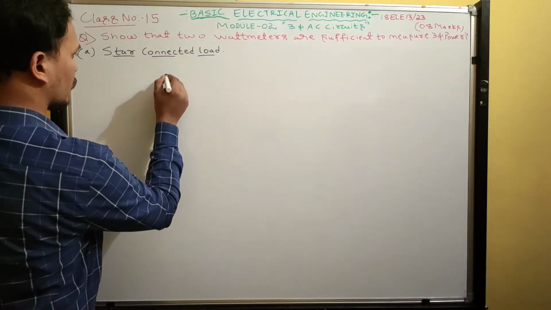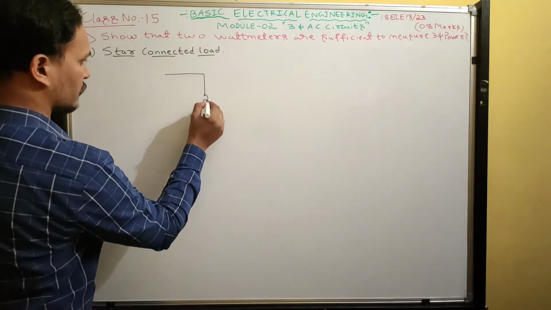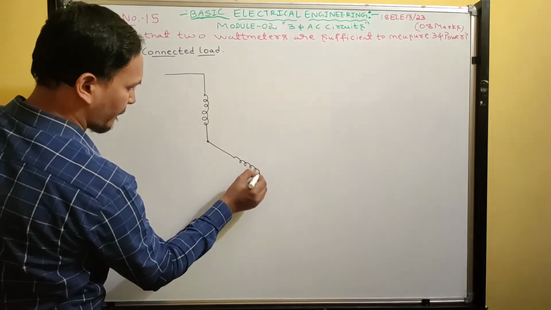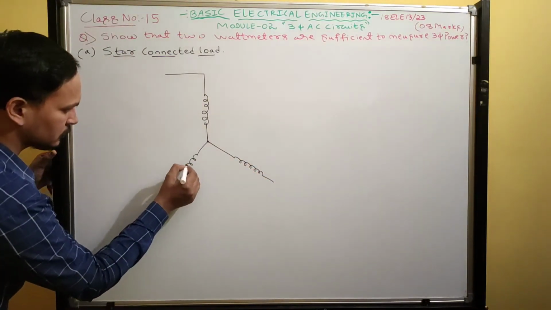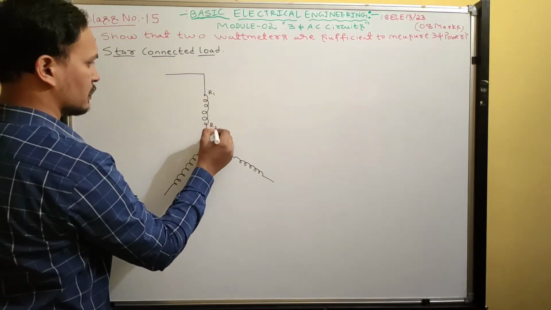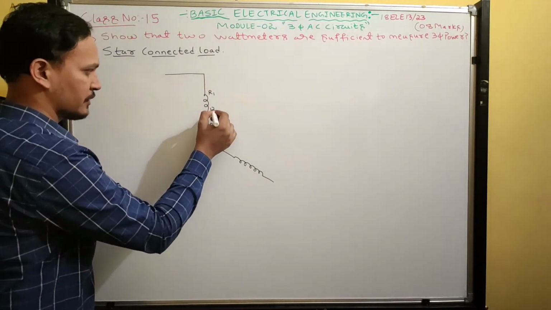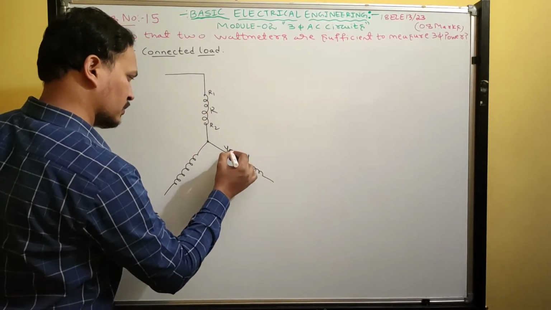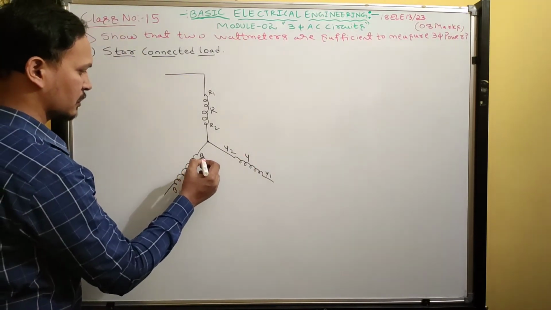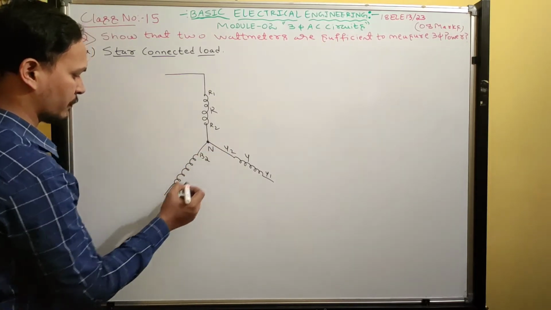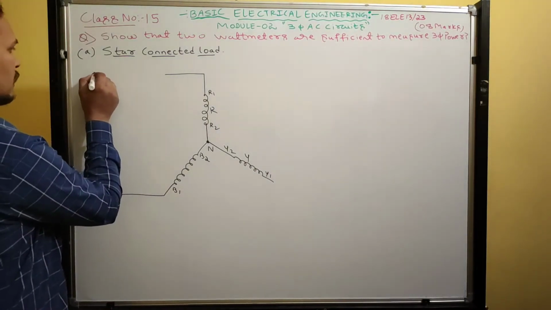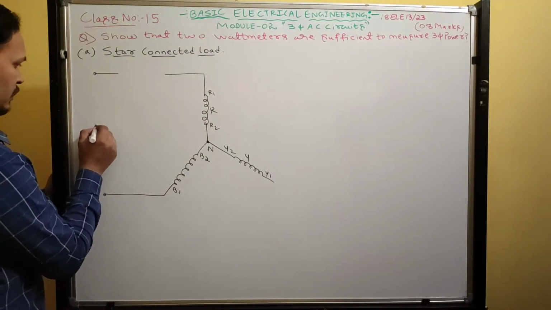So how the star connected load is connected. Observe how I am going to write; later you can copy it down neatly. So this is a 3-phase star connected winding. R phase winding: R1 is the starting end, R2 is the finishing end. Y phase winding: Y1 starting, Y2 finishing. B phase: B1 starting, B2 finishing. So this is the neutral point. Okay, you take the B phase line outside, and this is the R phase line, and this will be the Y phase line.